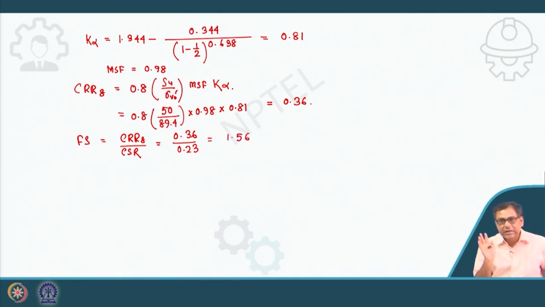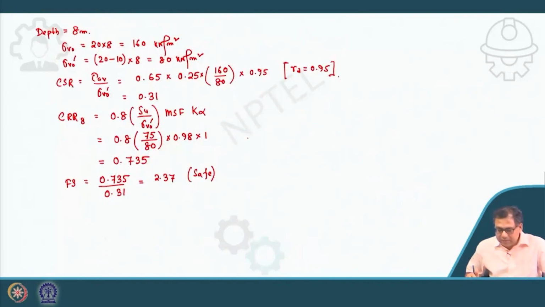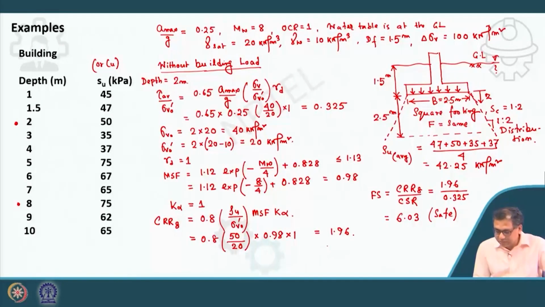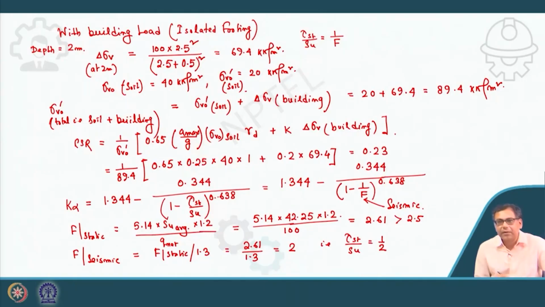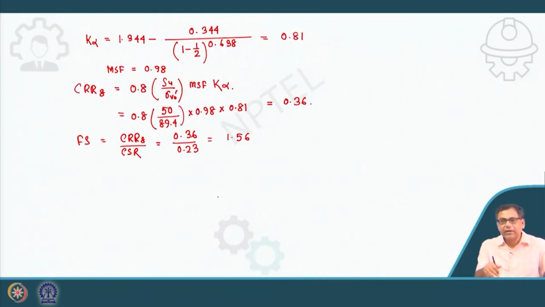So still it is safe, because anything greater than 1 is safe. But you can see how much it has been reduced. Initially the factor of safety was 6. Now it has been reduced to 1.5, if I consider that building stress,